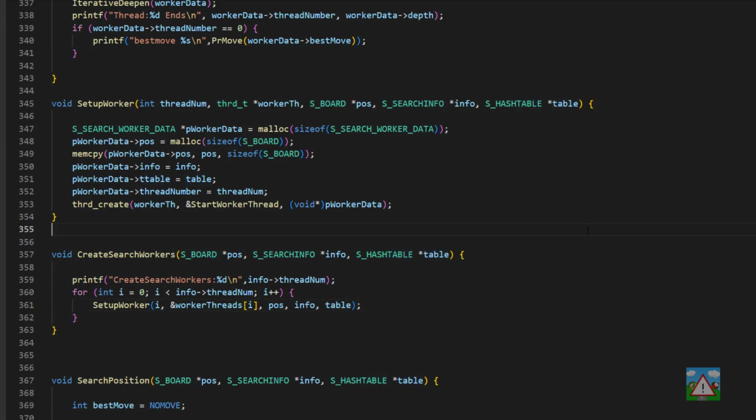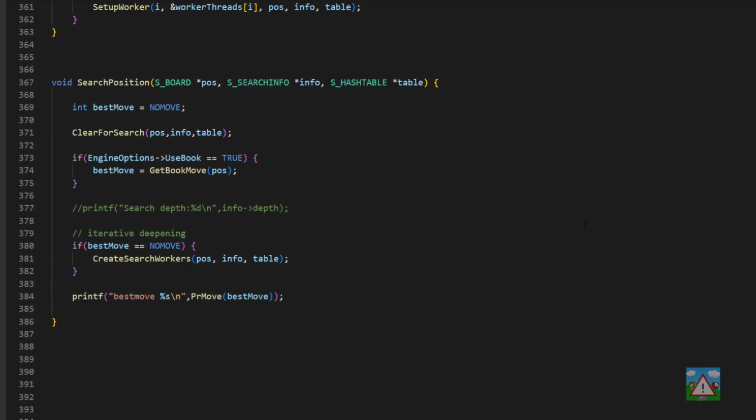There's one small little thing to do, which is really easy to miss, and that's actually inside search position. Here, when we're inside search position, if we haven't found a book move, we're going to create our search workers. They're going to search, and when the depth has been reached or the time has run out or there's a stop or something like this, they'll have this signal on the info saying info stopped is true. However, we need to wait for all of the threads to exit,